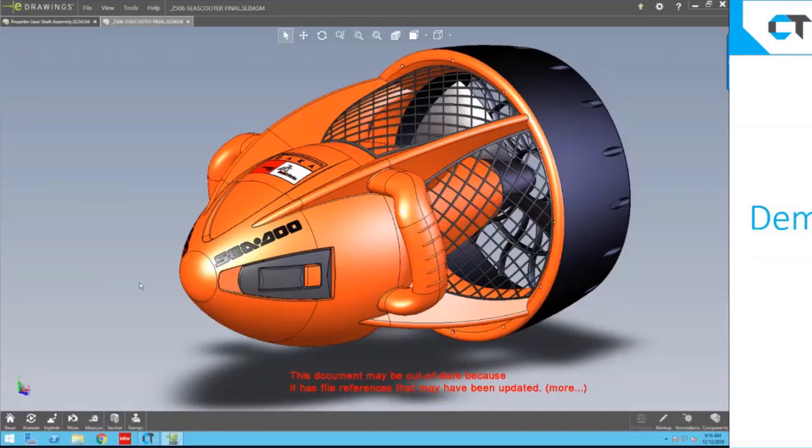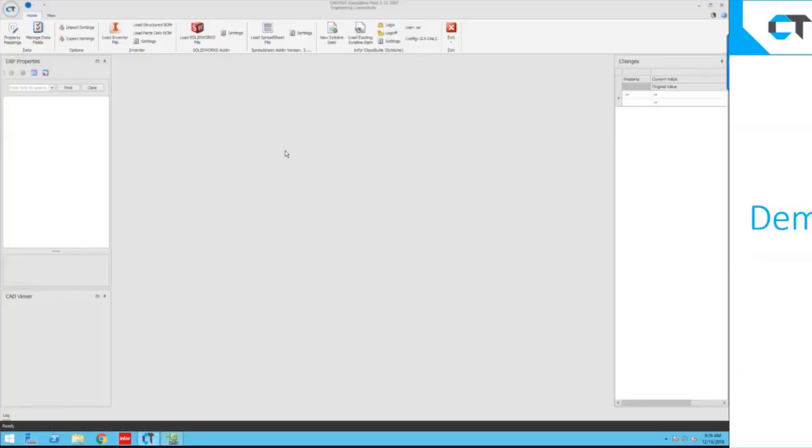All right, let's get started with the demo. Here's the CADTALK interface, and as you can see here, at the top toolbar, I've got all these different CAD systems. I've got Inventor and SolidWorks, and we also work with spreadsheets. So we support every major CAD system on the market: CAD, PDM, and PLM. So this is just an example of a few.